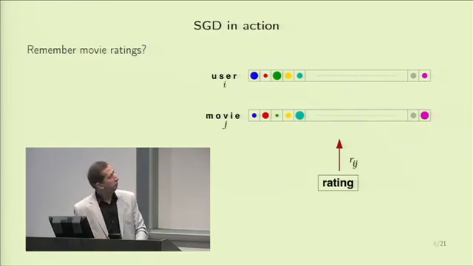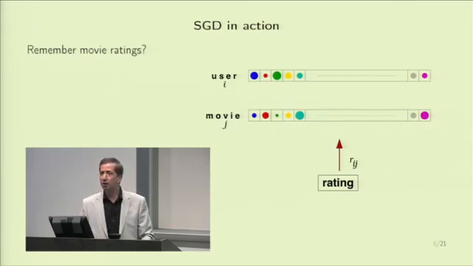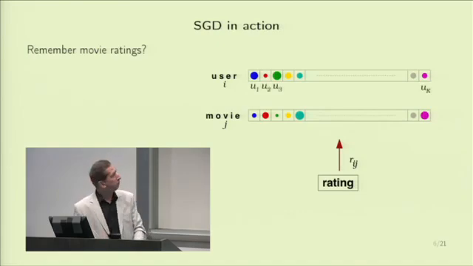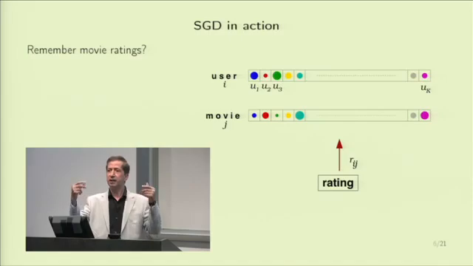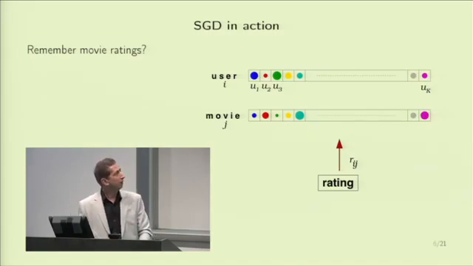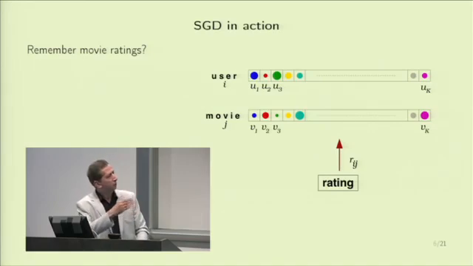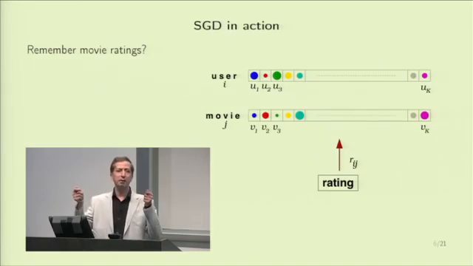Okay, so in order to put some formality on this, we need to give labels for the users and movies. So it will be user i, movie j, and the rating we will call r sub ij. Very simple. Now there are factors for the users and factors for the movie. So let's call them something. The factors for the user will be u1, u2, u3, up to uK. So it's a vector of numbers that describe the tastes of that user. And the corresponding factors for a movie would be v1, v2, v3 up to vK,